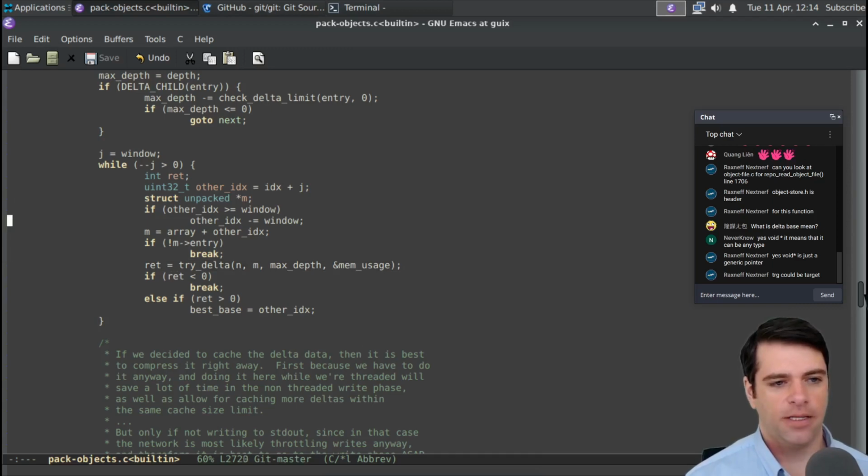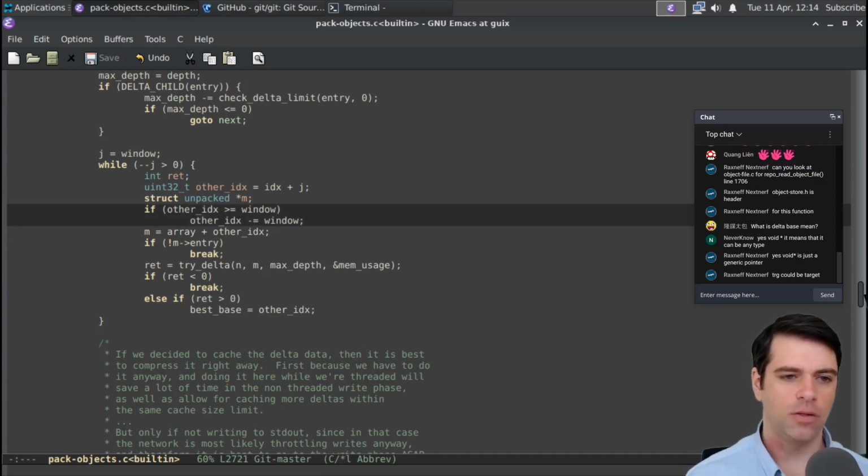M is this unpacked thing up here that we got by doing this pointer arithmetic. And other index is a value, and the amount that we're incrementing the pointer is going to depend on this window. If the other index is bigger than or equal to window, we're going to decrement it by window. And